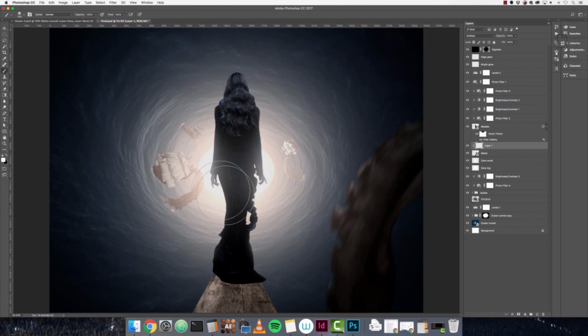Now I just want to paint in my shadows, so I'm just going to start painting down here with a black brush, adding shadows wherever I see fit. So I'm just giving her some darkness right under her dress, and now I'm going to expand this brush and darken the overall wood